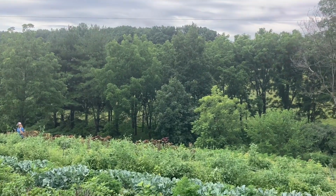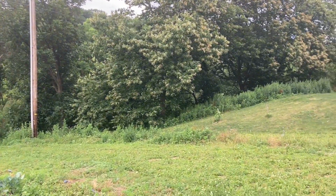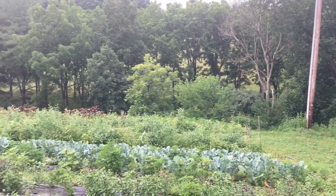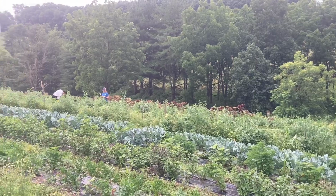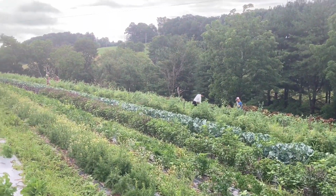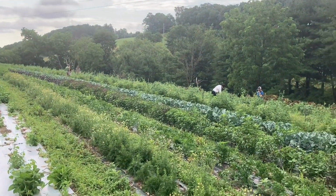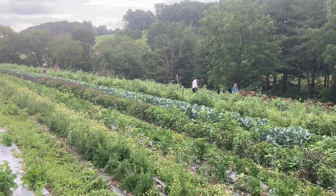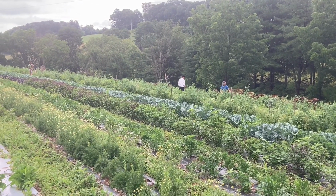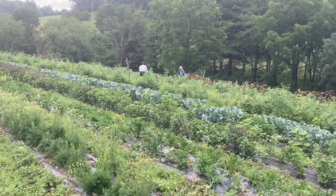It's just so peaceful. I can hear the chickens off down at the bottom of that hill, crowing and squawking, and laying their eggs. The crew is out here in the field picking peas, enjoying the break in the heat. It's been in the 90s this week, and they've been faithfully out in the fields picking vegetables for our vegetable deliveries. And that reminds me of how